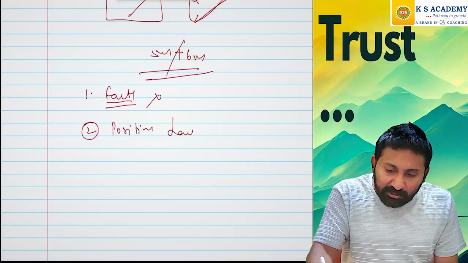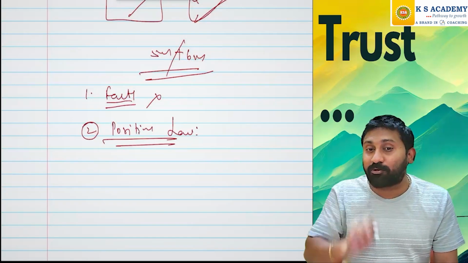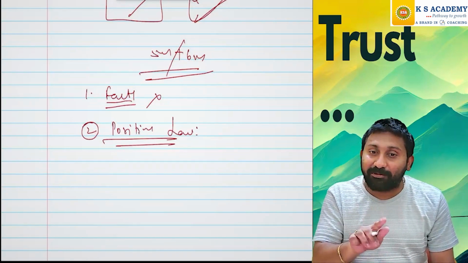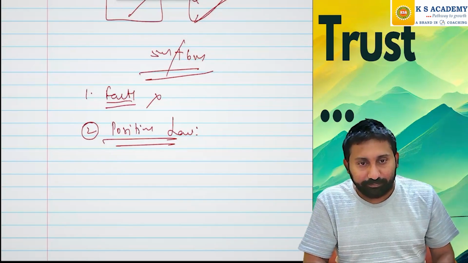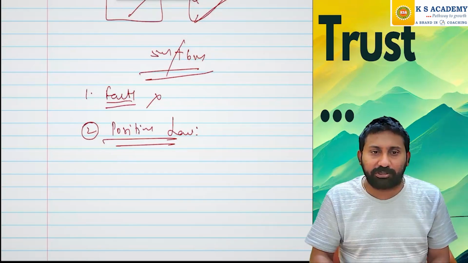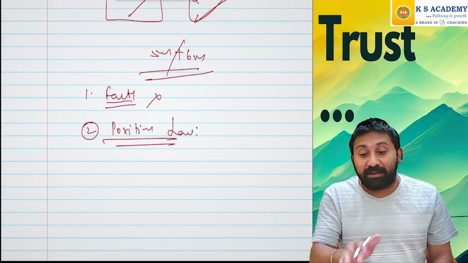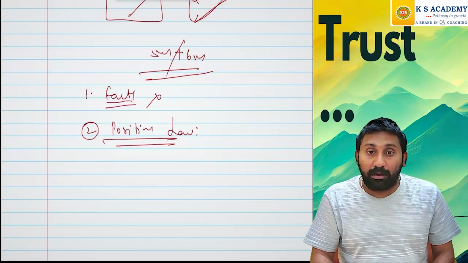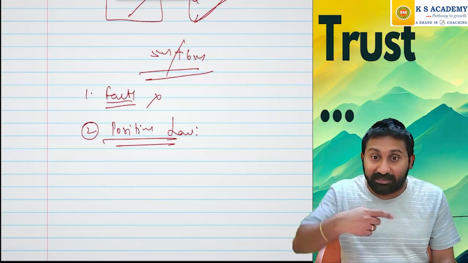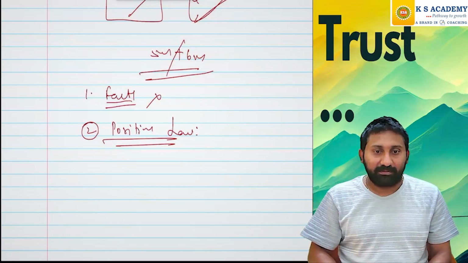Number 2, always put the position of law. So for 3 marks also you said the same. When a 3 marks question is coming in the exam, the law position will be very small. Means what? They will not ask big questions in the exam. Are you understanding or not? They will ask a small question. Now, for example, a 5 marks or 6 marks question comes in the exam. They will ask a section in such a way that the section itself will be very big. Am I clear or not?